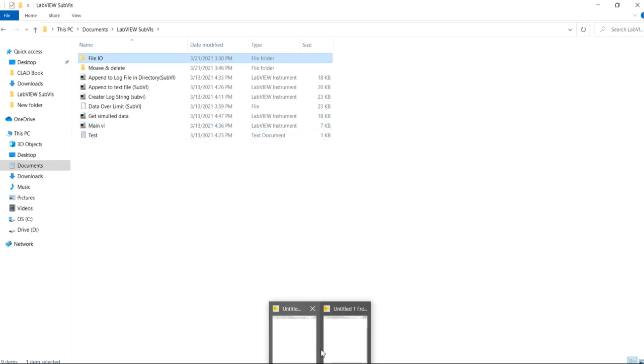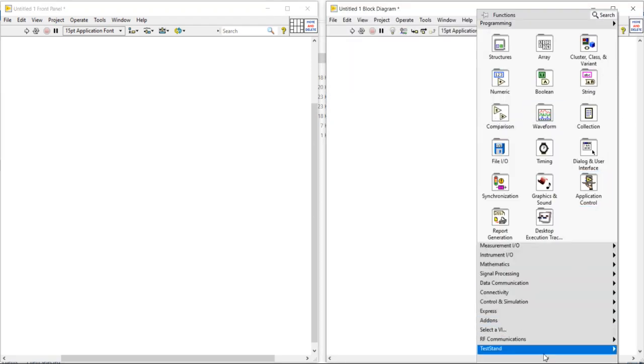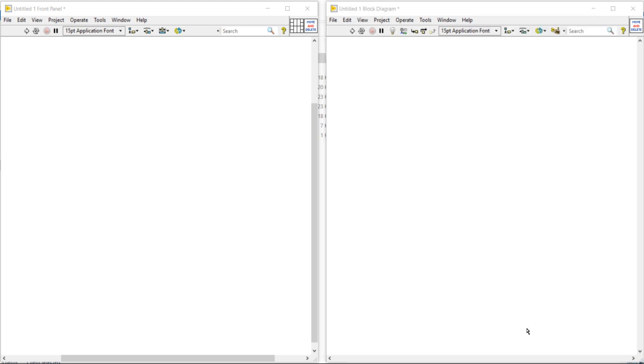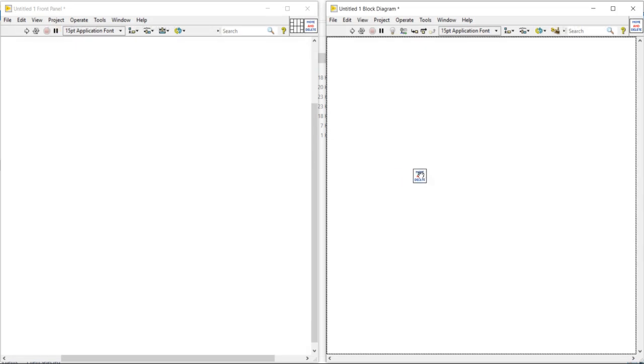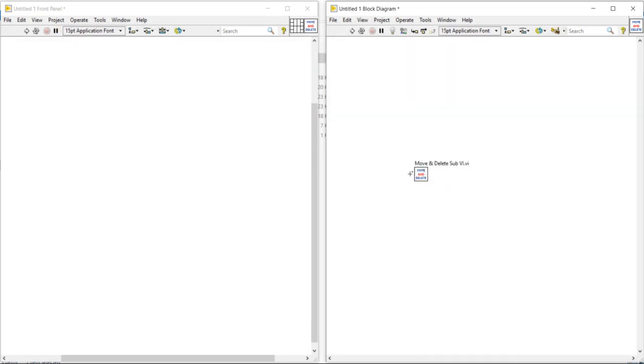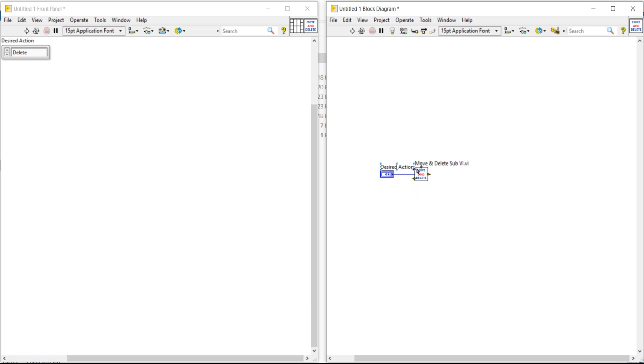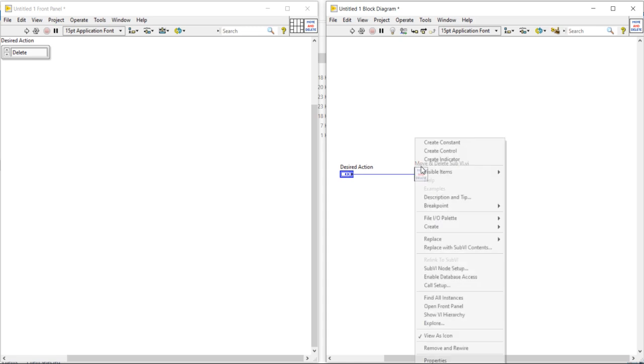So for that I will come here, right click, go into the select a VI, take move and delete sub VI, open the label, create control.